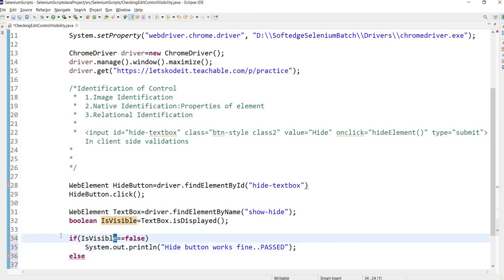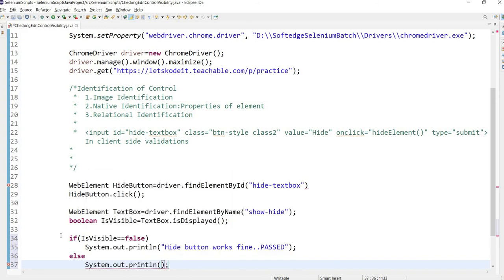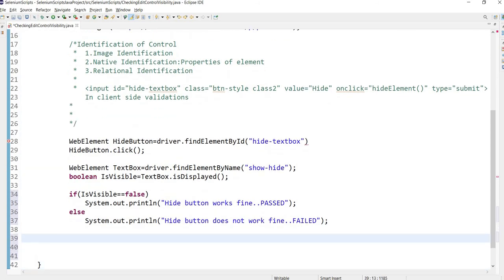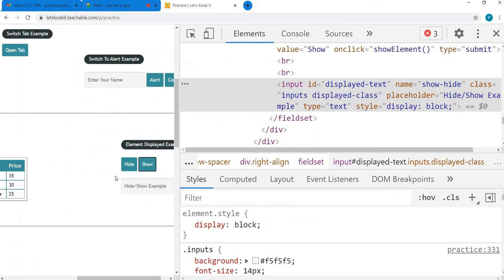True equal to false, which is false, right? So the if will get false, and in that case I want to mention that hide button doesn't work fine, failed, right? Failed. Now let's see how to check, like we check the hide button.